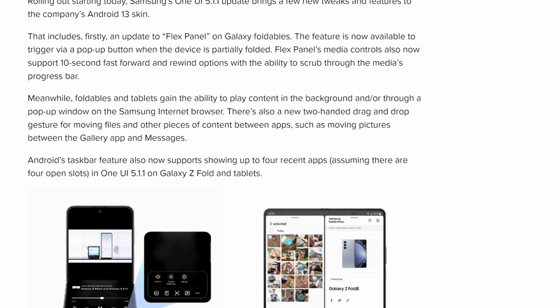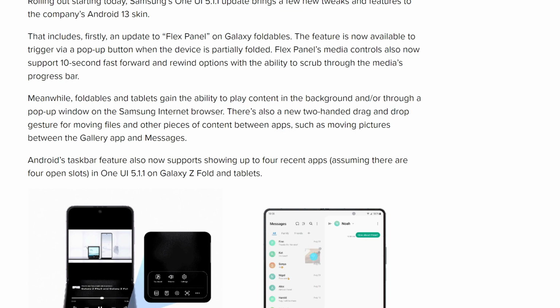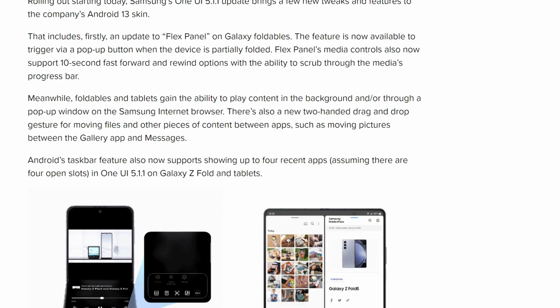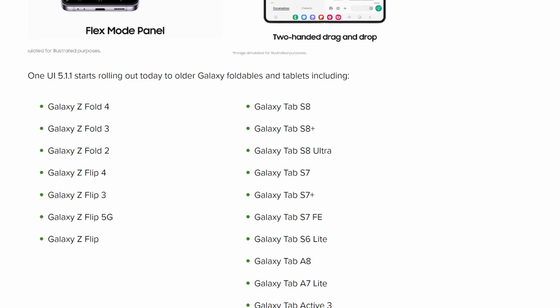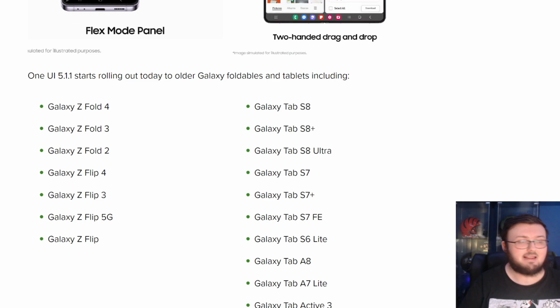Android's taskbar feature now supports showing up to 4 recent apps, assuming that there are 4 open slots in One UI 5.1.1, Galaxy Z Fold, and tablets. And as you can see, these are all the phones that are getting the upgrade. It goes all the way back to the Galaxy Z Fold 2,